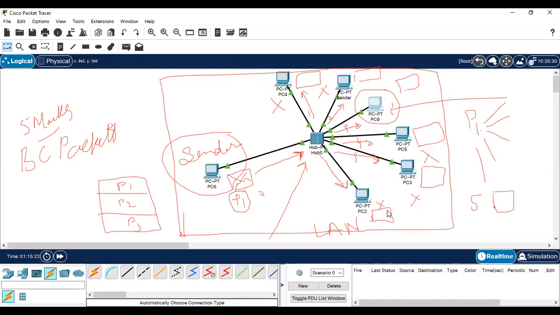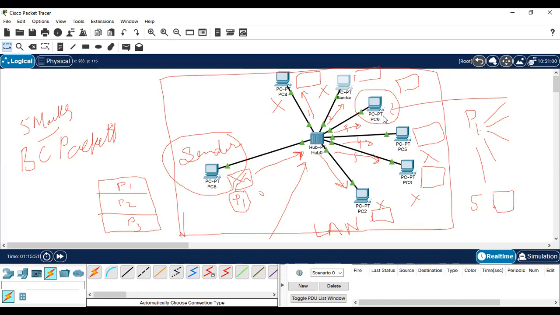And now the second action will take place on the receiving side. Now the receivers will honestly say that this is not my packet, so they will reject the packet. PC2, PC3, PC5, the sender, and PC4 will say that the destination address is not the same, so they will reject the packet.